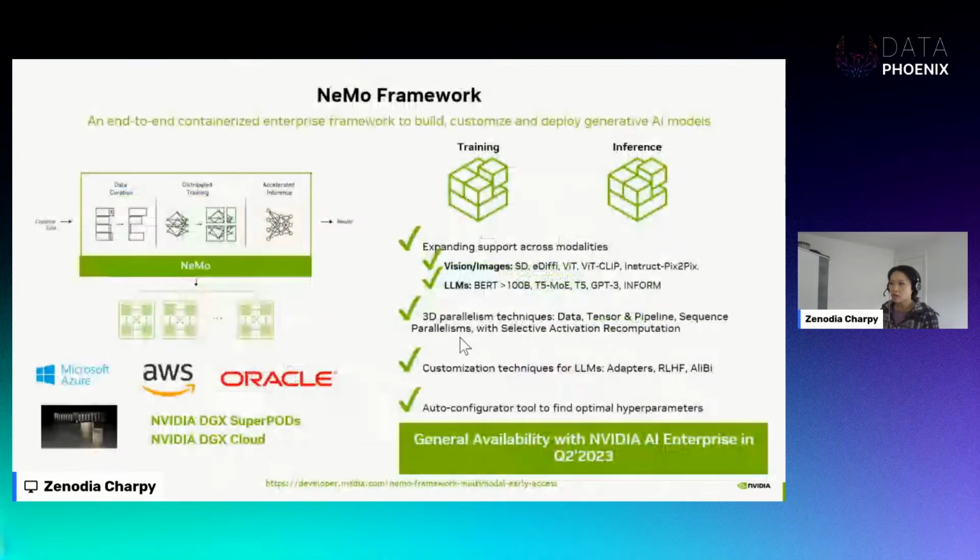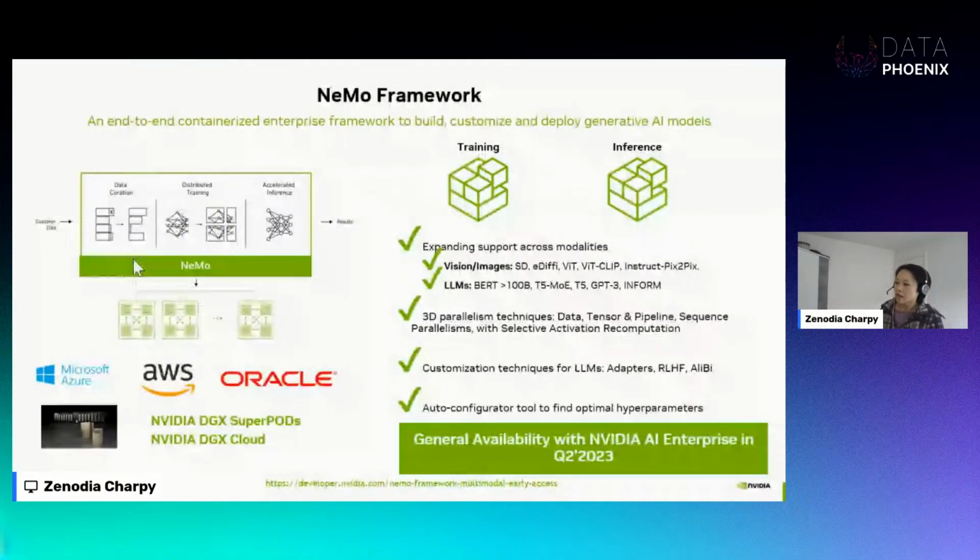So NeMo framework is such a thing that will be able to leverage the underlying compute, whether that's in the cloud or on-prem compute instances, what we call superpods. NeMo framework will help you leverage this underlying compute to process terabytes of data. It comes with a data curation module to help you clean the data, for example if it has a lot of HTML code, or if it has multiple languages but you only want one or two, and so on.